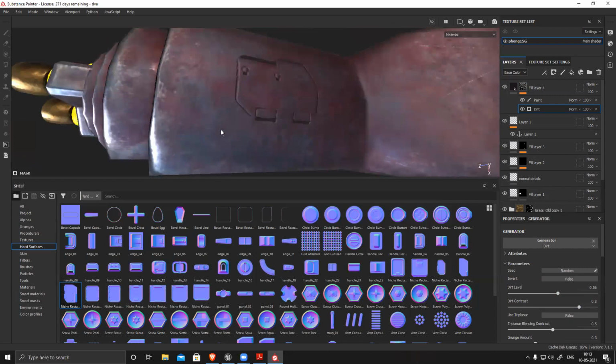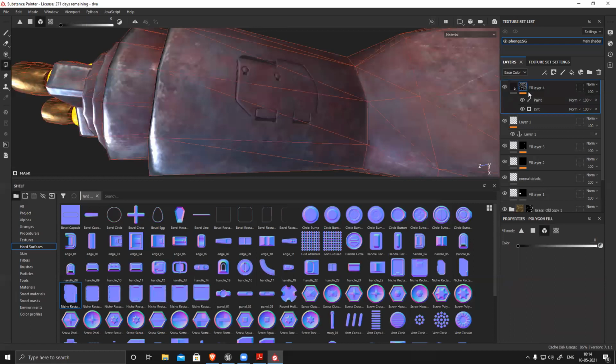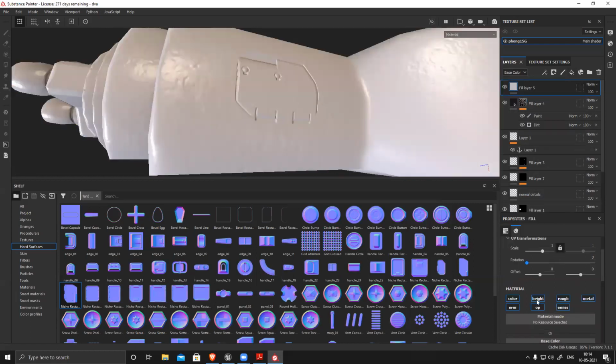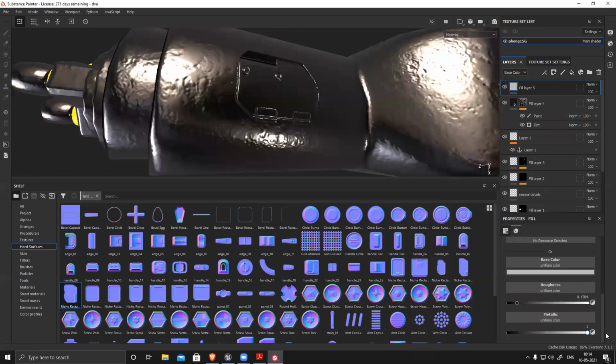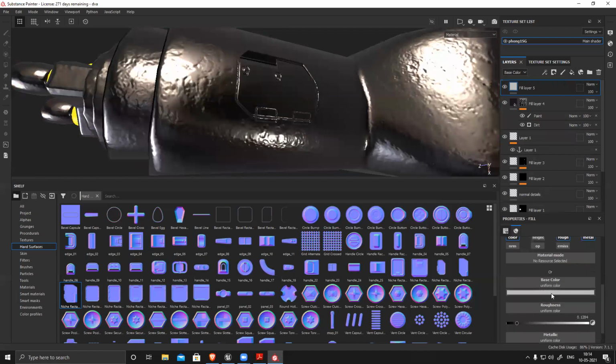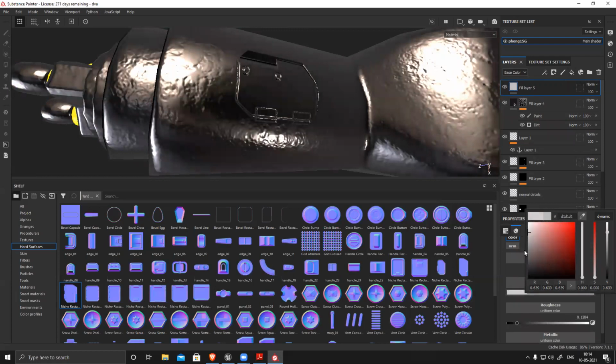So this was my dirt, but now if it's a metallic part and there is a shape, then the corners will be a little scratched or a little weathered, and paint peel off and all these things will happen. So I need to add those shiny corners, edges. For that I need to create one more layer. I want color, no normal, no emissive. Metal I want, roughness I want, no height. So roughness is going to be pretty shiny, metal is going to be full metal, and this color I can make it white.